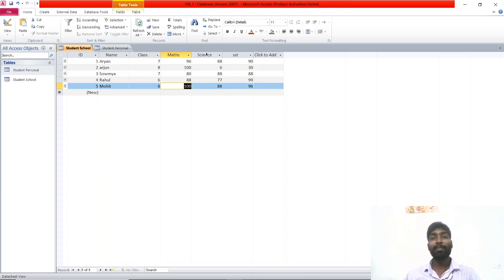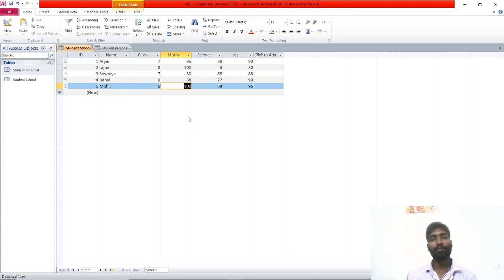So if there are multiple conditions and many records, it will be very difficult for us to take a particular record. But if you are using a query in MS Access, it is very easy. It will give a 100% result to take the information.